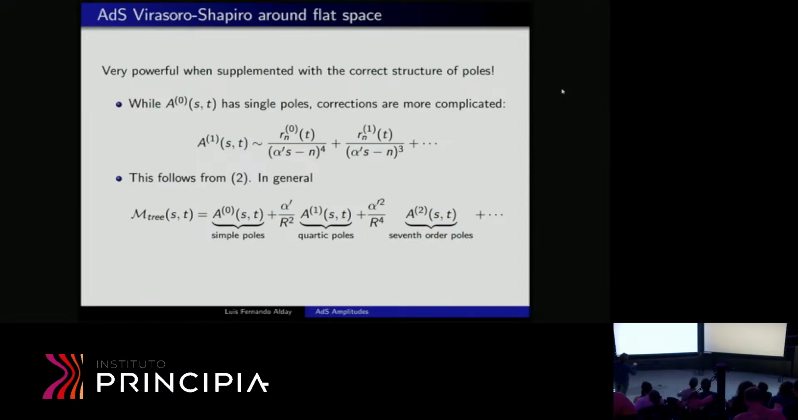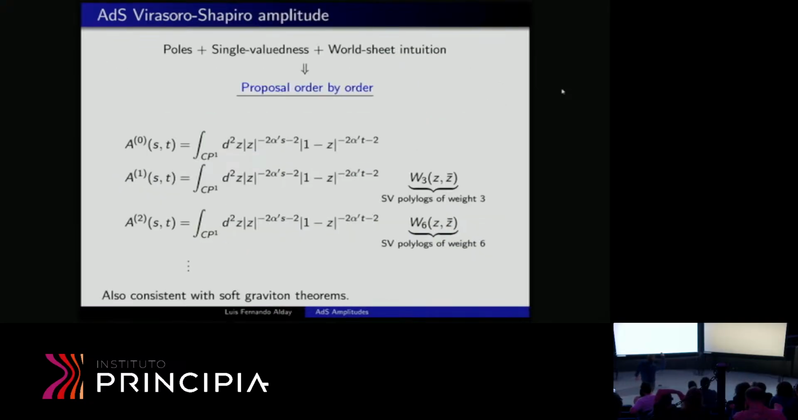So basically, we know the fact that in the expansion, we have only single-valued zetas. We have the structure of poles, and we have some intuition or hope or dreams that there will be a worldsheet behind this computation. Putting all these things together, we make a proposal order by order for the form of these corrections. For instance, we have seen that the first correction, A0, admits this